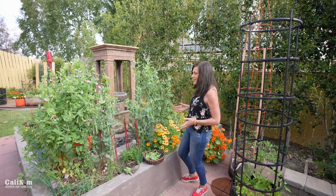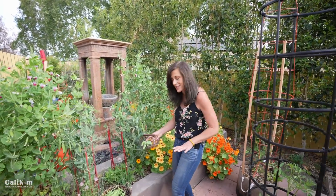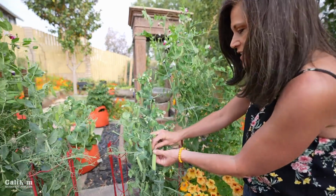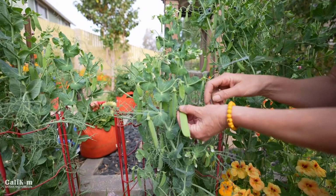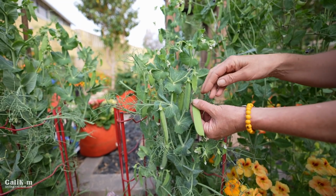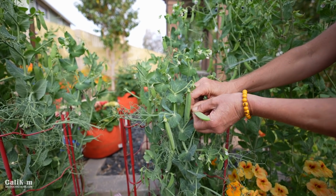Now here we have a ton of the feisty peas growing, and I like to put these in a separate basket because they are a shelling pea and the pods are really stringy to eat. Again, I just absolutely love these tendrils, but look at this plant. It is absolutely loaded down with peas. It's a crazy productive pea, and these are growing on a